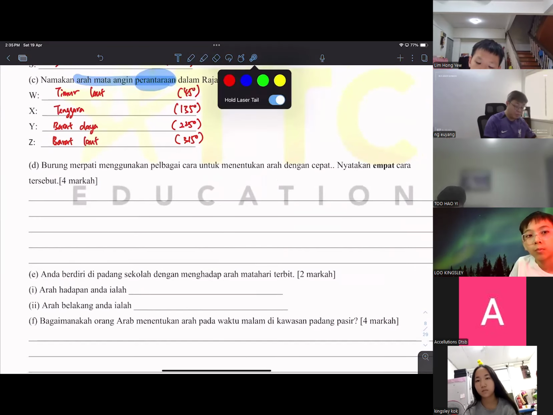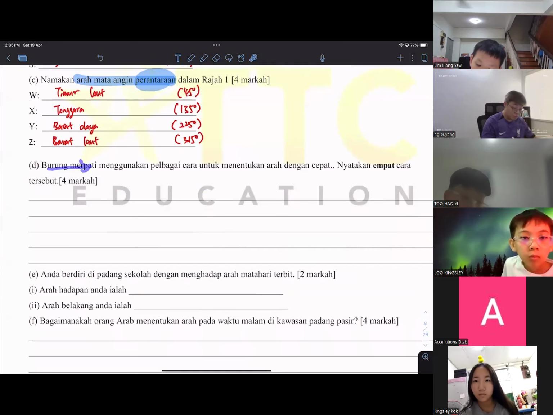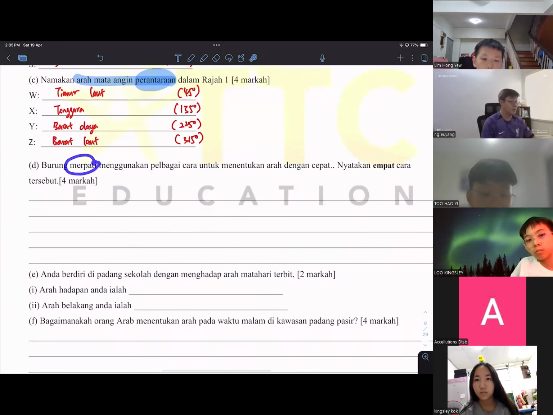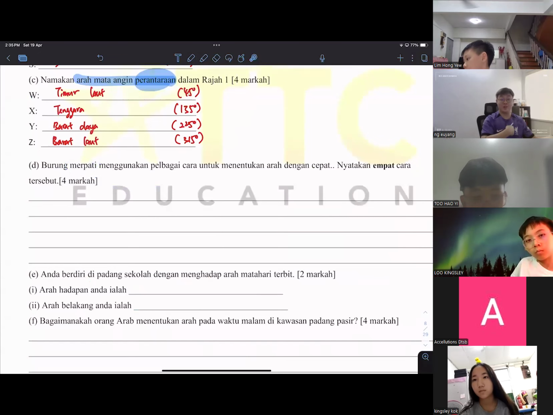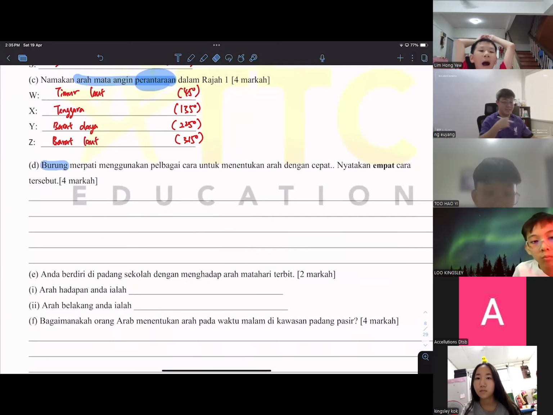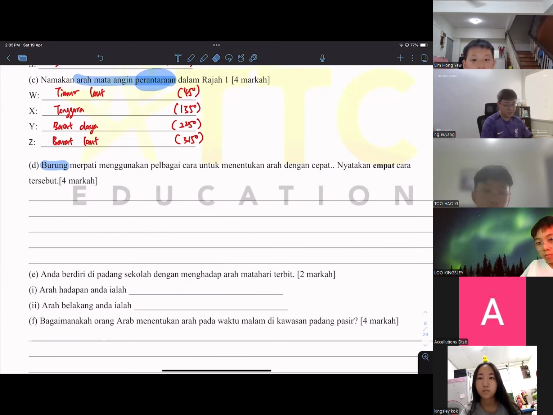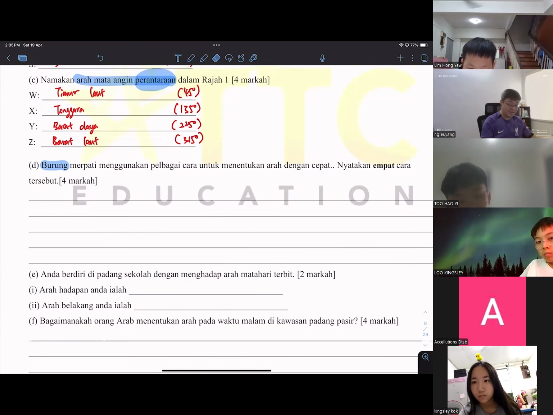So next one, burung merpati. So guys, does anyone understand what is burung merpati? Okay, same. You don't know, I also don't know. So we just try to understand this is a burung. Is it seagulls? It's just a bird that can fly, because the only two birds that cannot fly are the penguin and the ostrich. So burung merpati is not a penguin, it's not an ostrich, so that's why they can fly.